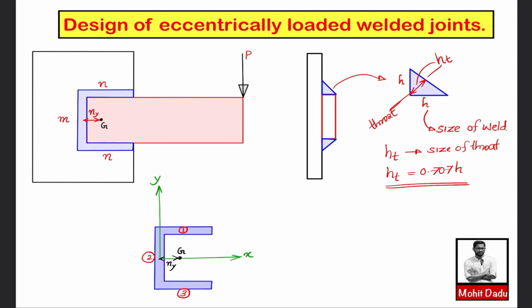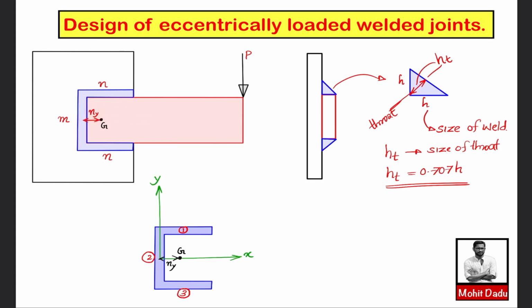In case of eccentric loading, the first step, so here we'll be focusing back on solving this problem, or procedure. Here you have this weld section in the form of a C shape, or the weld sections will be assumed as consisting of lines, and here you can see three lines. One line is of length n, another line is of length m, and another line is of length n. So this weld section is assumed as lines, and the first step will be to evaluate the CG. Here you know that CG will be located at half of m, that is m by 2, but it will not be at n by 2, it will be shifted towards the left side, as the material is present there.